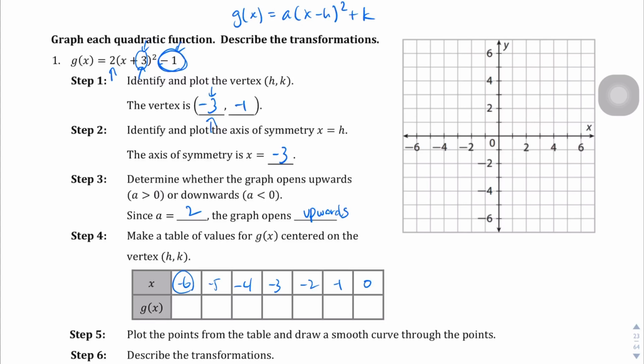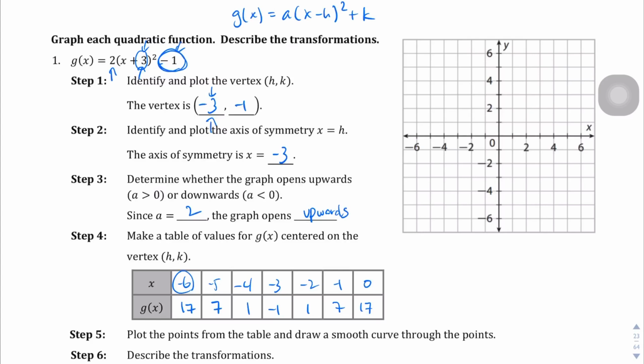But you're going to have to kind of trust me on the mental math that I'm going to be doing here. Negative 6 plus 3 is negative 3. Negative 3 squared is 9. 9 times 2 is 18. 18 minus 1 is 17. Negative 5 is going to be 7. 1. Negative 1. 1, 7, and 17. And this isn't because I'm a genius. I'm just looking at the answer key here. But you might want to double check my work by going on Desmos and filling out that table,